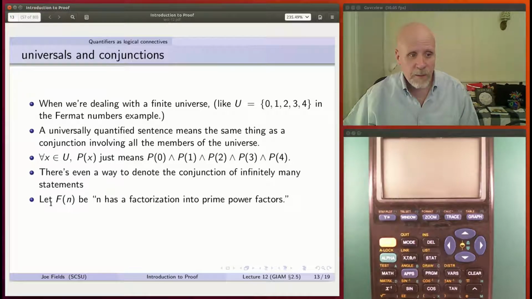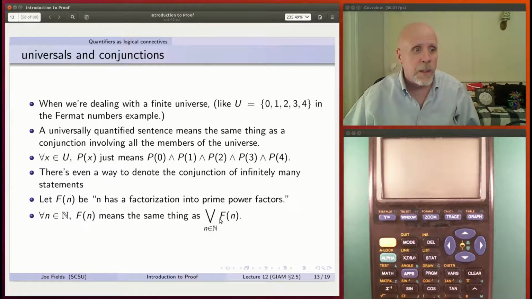Let f of n be: n has a factorization into prime power factors. Every number has such a thing, right? So the universally quantified sentence for all n in N, f of n, is equivalent to the fundamental theorem of arithmetic, or it's an immediate deduction of the fundamental theorem of arithmetic. But it means the same thing as